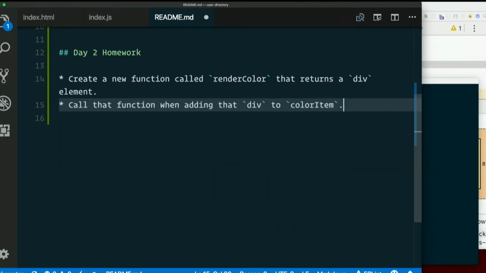Create a new function called RenderColor that returns a div element. Call that function when adding that div to color item. Okay, we know how to make a div now, right? We know how to make a function, don't we? So make a function that returns that div. And then, when adding the div to color item,